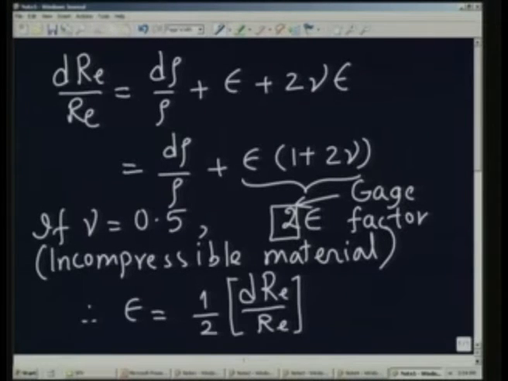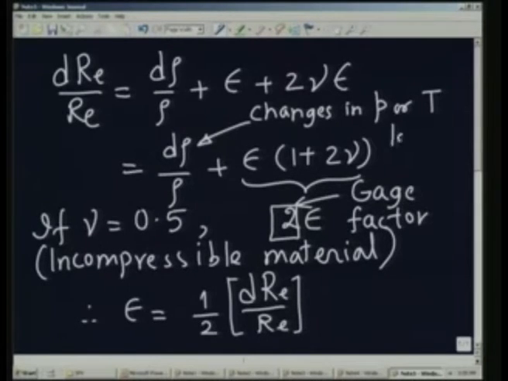D rho by rho, this quantity can be due to changes in pressure or temperature. So, that is why the dummy gauge is going to bring this extra term, d rho by rho, to be there, because the temperature effect is also there and the pressure effect is also there. Of course, this may be very small in normal practice, and therefore, it may be safe to ignore this.